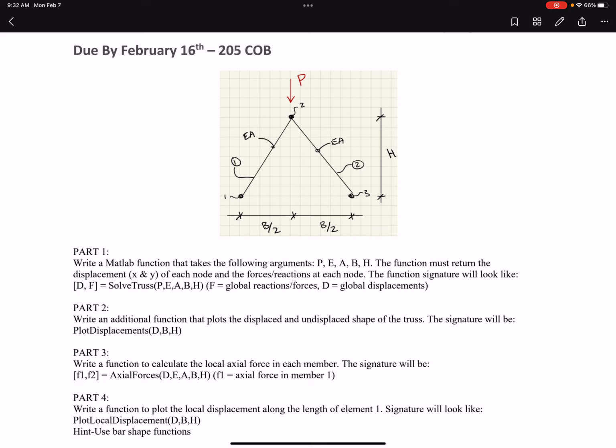Essentially, I'm asking you to devise a MATLAB function that determines, based on geometric parameters of our truss, right, and